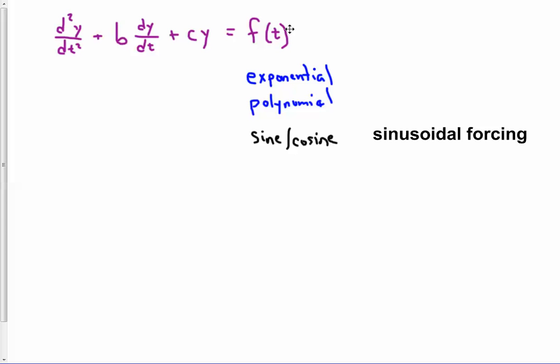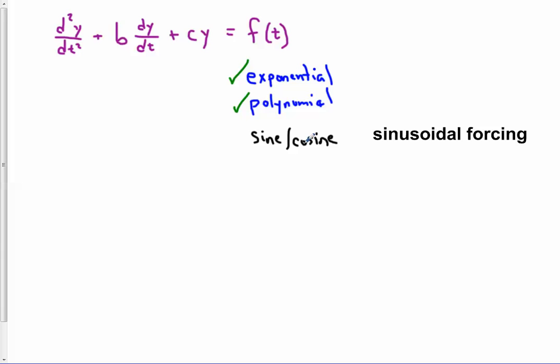We learned that we could solve it using the linearity principles, but that required coming up with one particular solution, and to do that we talked about the method of undetermined coefficients, and that works in certain cases. Now we saw examples, or at least one example, of an exponential forcing term and a polynomial forcing term. But what we didn't do an example of, though I said it was still possible, was a sine or